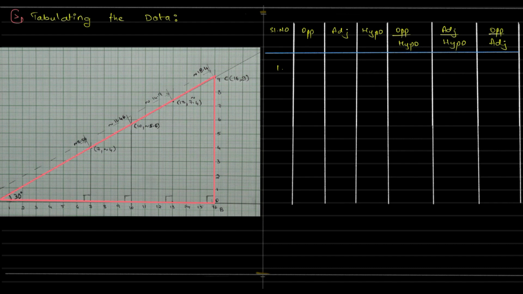So what we are making a note of here is the length of the sides. That is the opposite side of the 30-degree angle, the adjacent side of the 30-degree angle, and the hypotenuse. So when I say opposite of 30-degree, what does it mean? If I stand over here, right? If you're not able to see that, okay. If I stand over here,